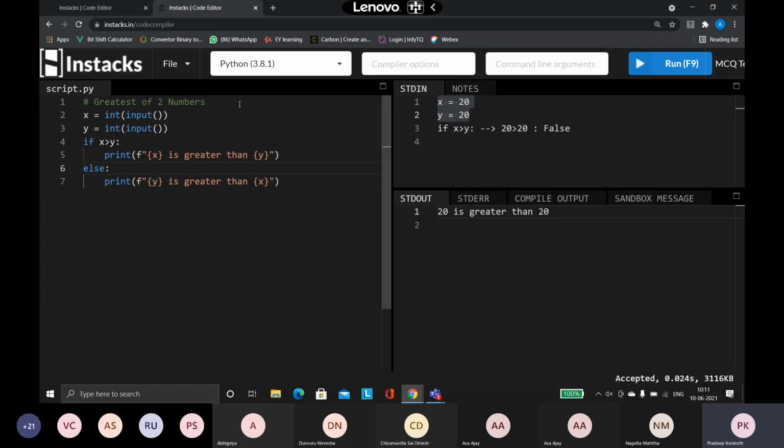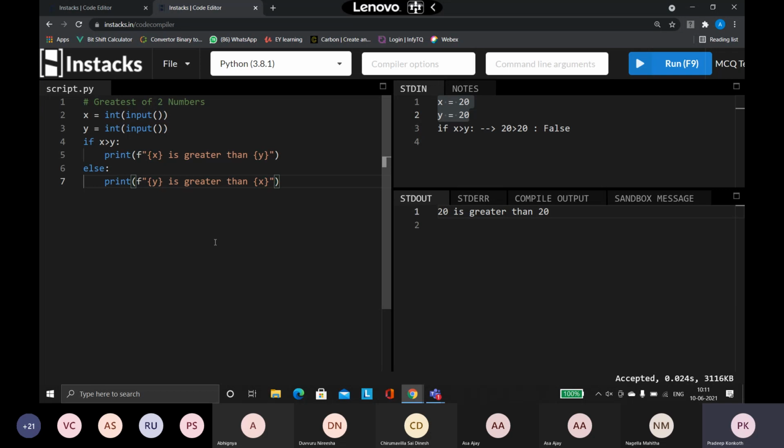Yes, guys, sorry. So we shall continue. As I was saying, I have one more condition here. The first condition is I'm going to check whether the x value is greater than y. Then I'm going to check whether the y value is greater than x. And if not, what is the other possibility? Both the numbers are the same. So here, not one condition, but I am going to have multiple condition checking.